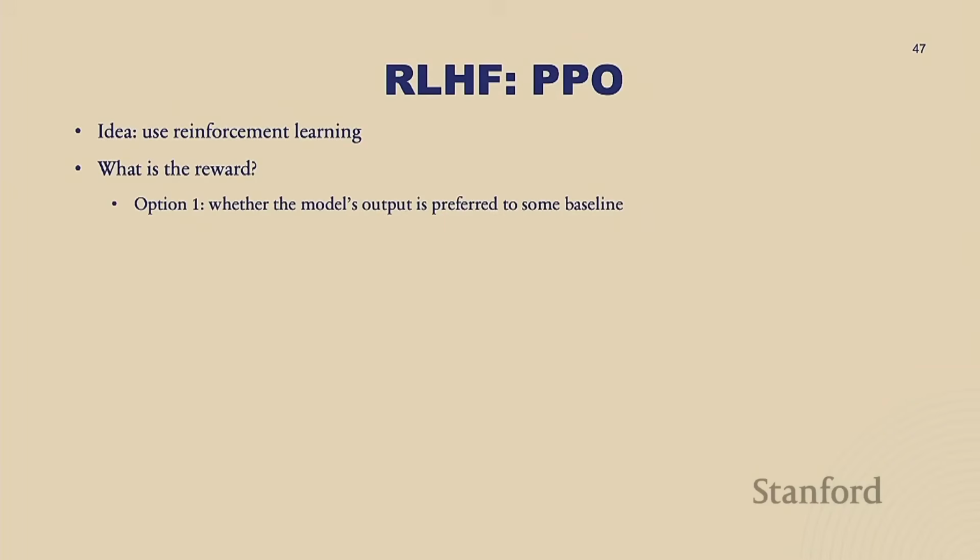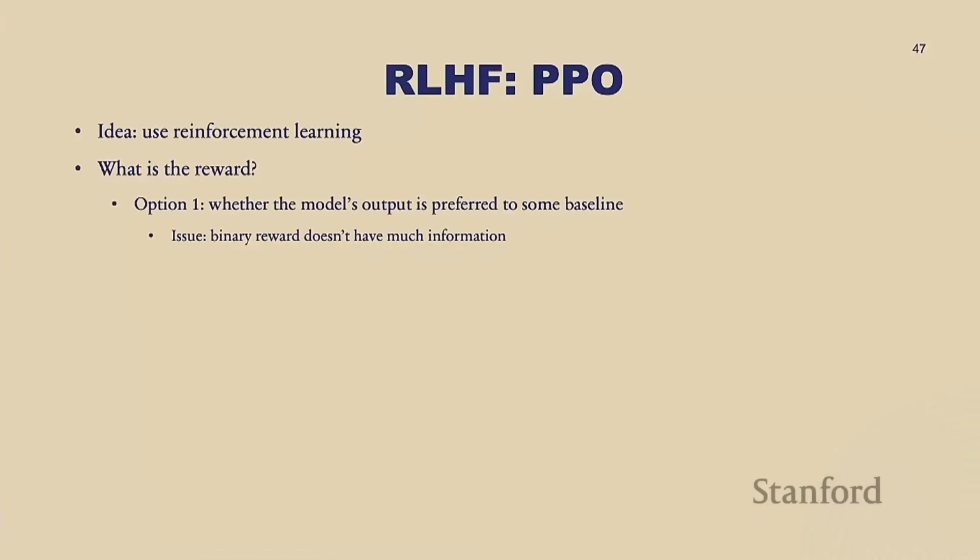The first one, you could just say, I'm going to compare the output generated by some baseline, the output generated by my model, and I'm just going to ask the human to say which one is better, and I'm going to use this as a reward. So if I'm better than the baseline, this is a +1. If not, it's a -1. So now it's binary reward. The problem with binary reward is that it's very sparse, and you don't get much information out of it. Maybe your answer was slightly better, maybe it was way better, and you don't really know from this how much